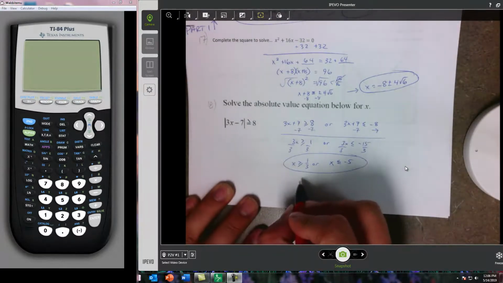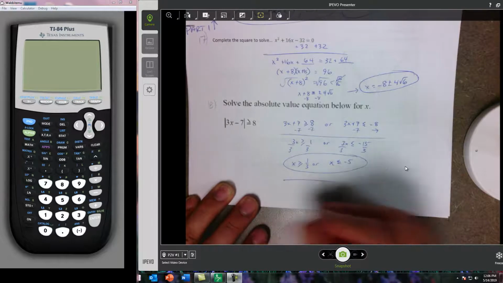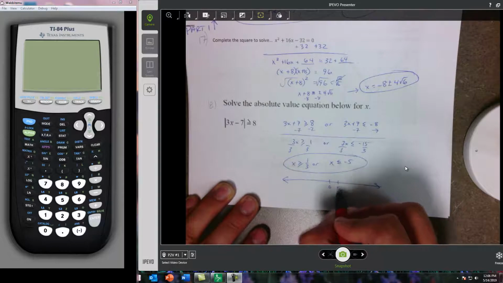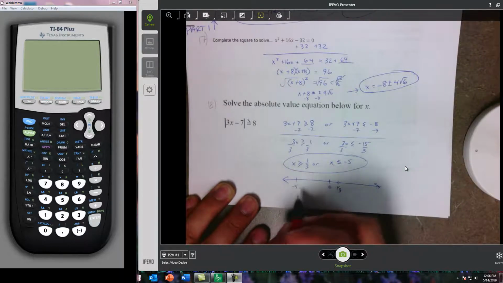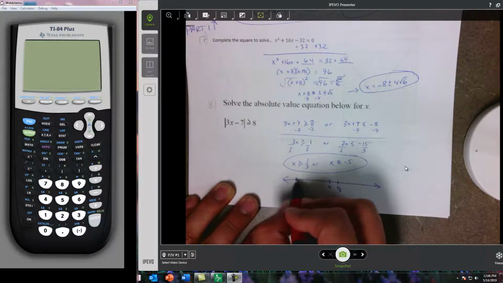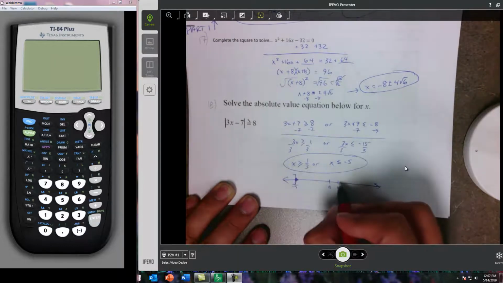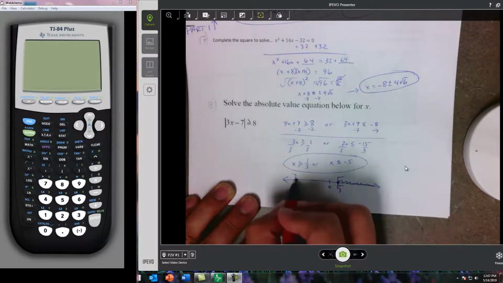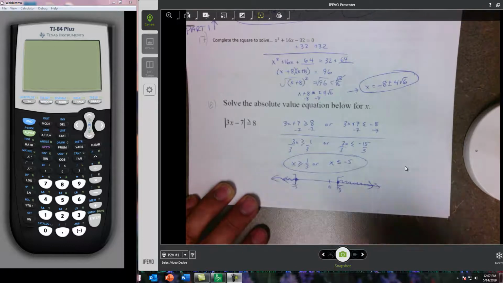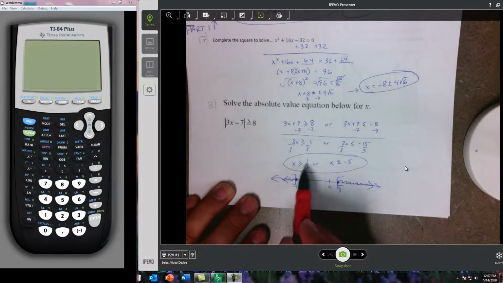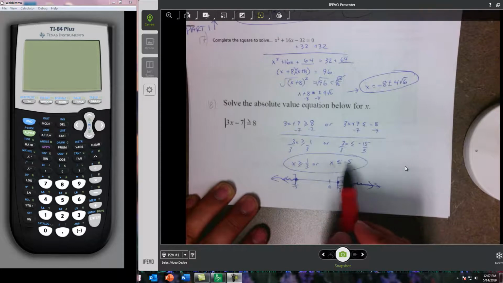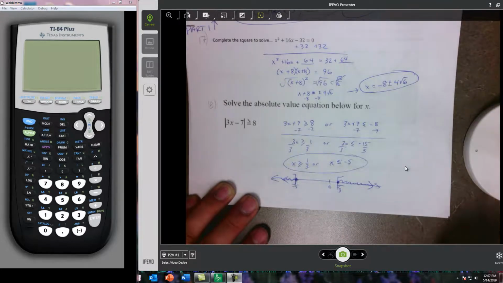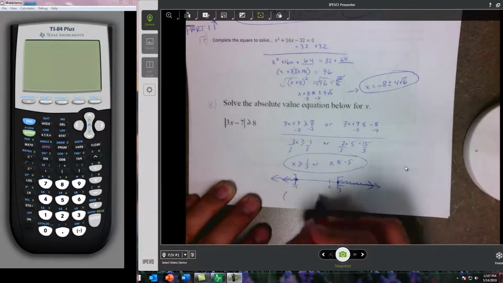You might also have it written in a graph. It could be done by graph. If that's 0, here's 1/3, and way over here is negative 5. Because they're equal to bars, they'd be solid dots, or possibly a bracket. Those are the two choices. So you could see a bracket, or you could see a solid dot, and then they would point off to the edges. Because x is bigger than 1/3, that's to the right, x is less than, or to the left of negative 5. The last way you might see this is an interval notation,